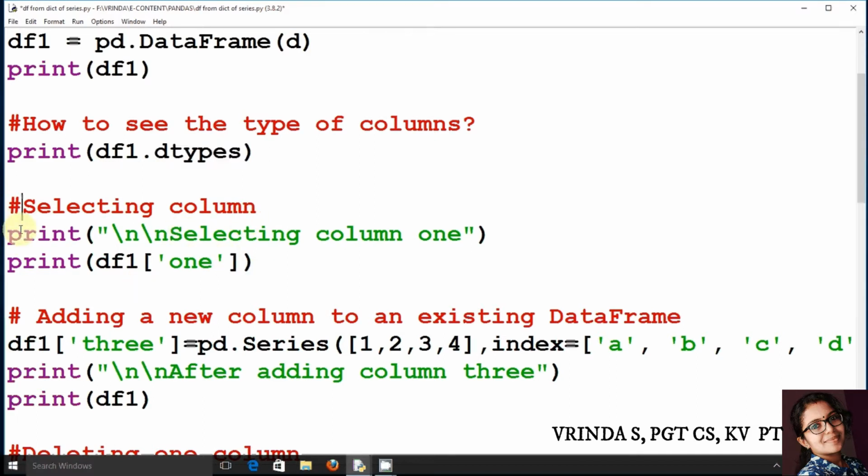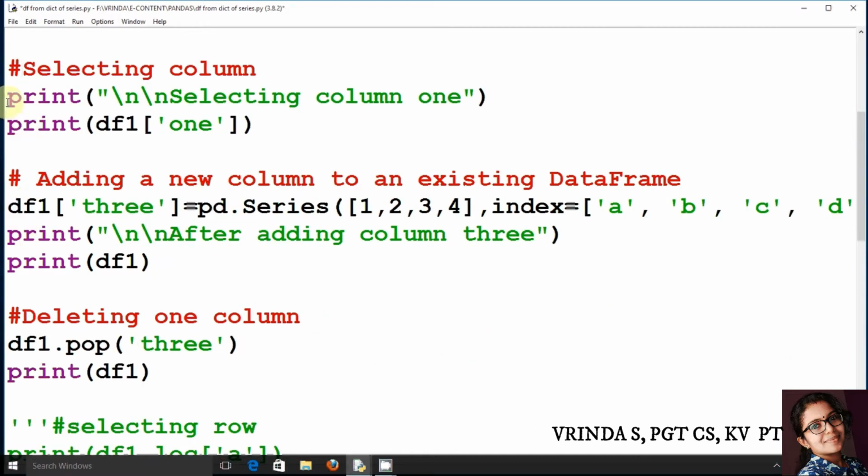One more feature we should know is how we can select the data frame values based on columns. If we don't want to show all the values in the data frame object, we can select values from it based on column. This is one method. You have to use the data frame name, and this is familiar to you because we have been using the square bracket since class 11.